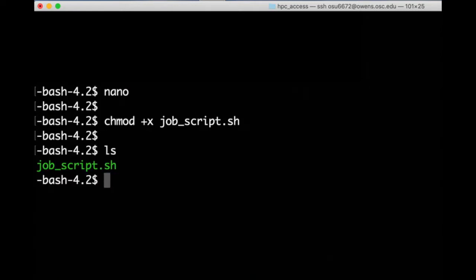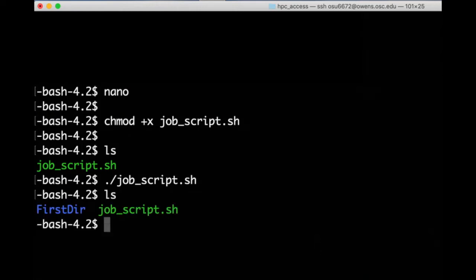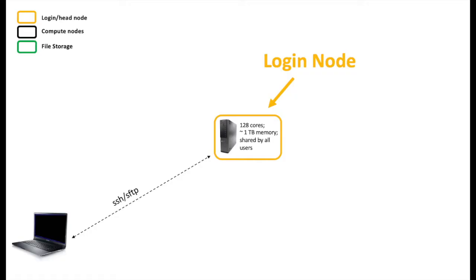Checking the contents of my working directory, I see this file. For me, the green text indicates it is executable. Because it is, I can use ./ and the name of the file, jobscript.sh, to run it. And if I then check the contents of my current directory again, I see the folder firstdir was created, meaning it did run. It's important though to recognize that this was run on the login nodes and not on the compute cluster. Like I mentioned in the last video, small tasks like making a directory are fine on the login nodes, but larger compute jobs can't be run there.